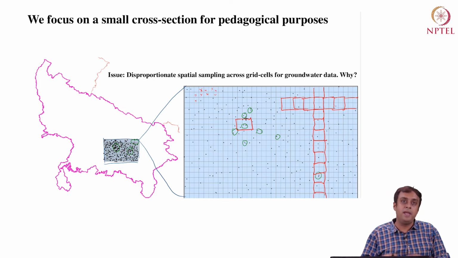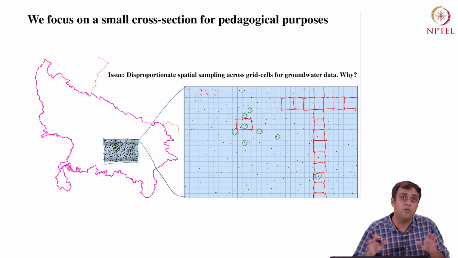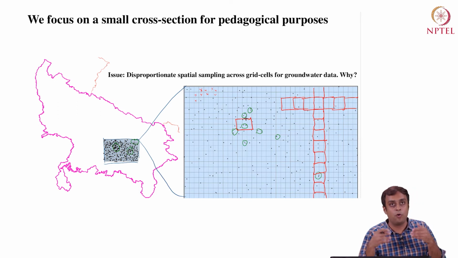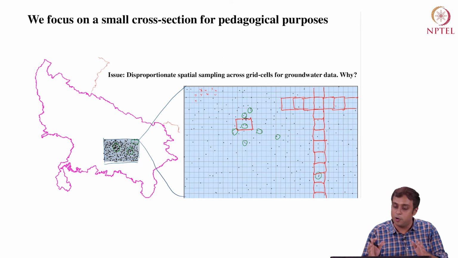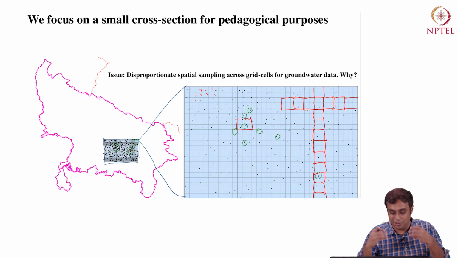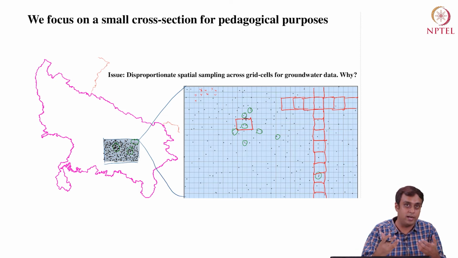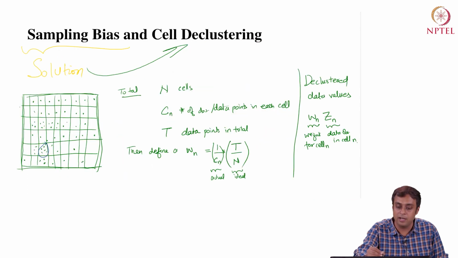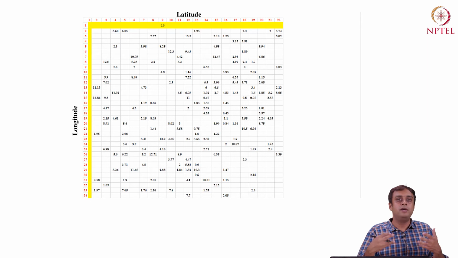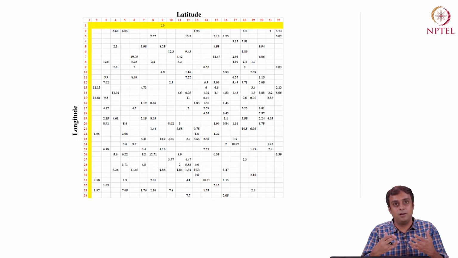But the point that I'm trying to drive home is that when you work with a real world data set of your interest, then the best practice would be to make sure that you decluster these data points. Otherwise, sampling bias will enter your analysis. Okay, so now having understood this, we will move forward and apply Cressy's machinery and try to discover outlier values for our data.